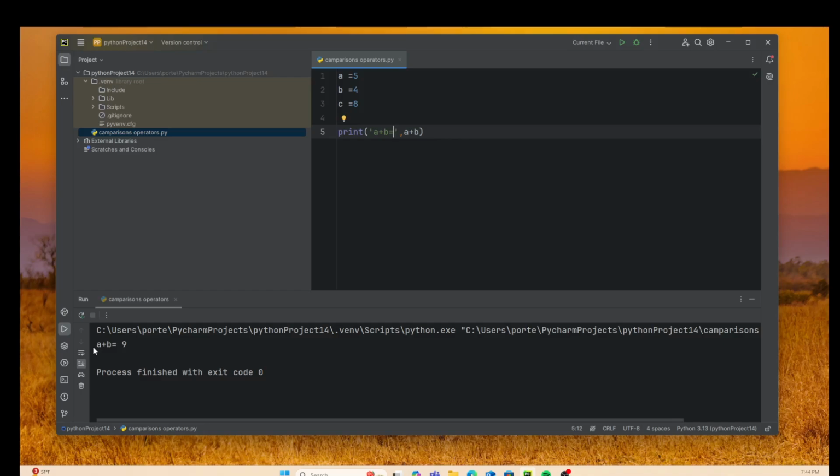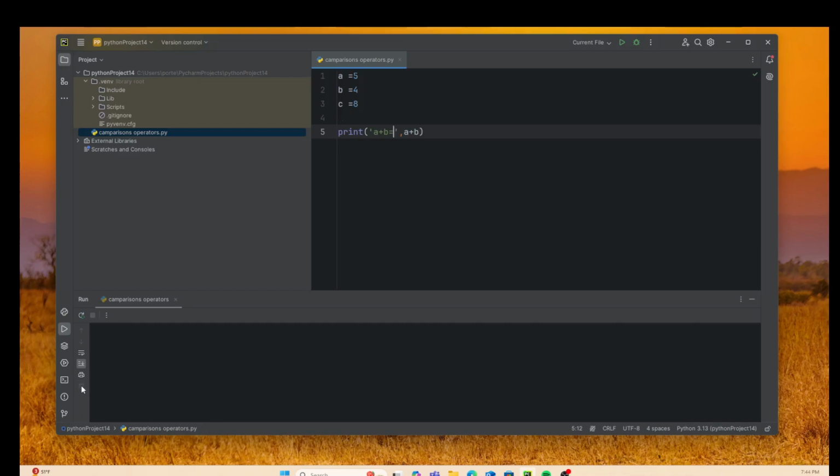So variable A, you can see, is a 5, plus variable B, which is a 4. And then, of course, equals. So A plus B equals, of course, when you add it, 9. What we can also do is go ahead and do